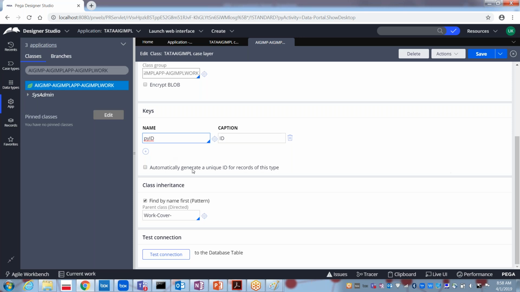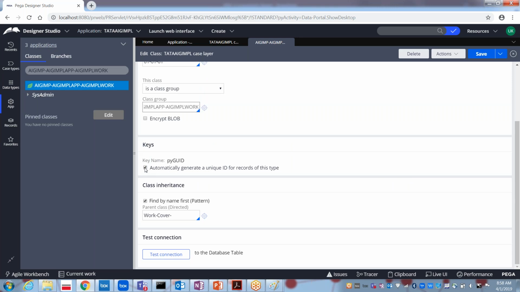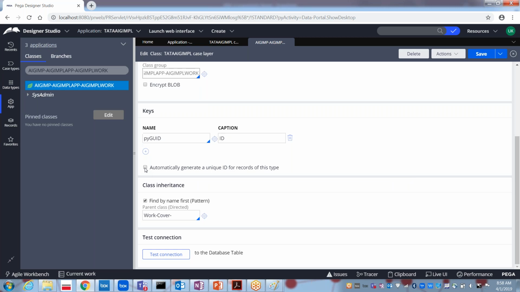And do you want to generate this unique ID automatically or do you want to take care of it yourself? In case you want it generated, then you can select this option. But in case you don't want that, then you can remove that checkbox, and then it will be done by the user. Then the class inheritance. What is the class inheritance?